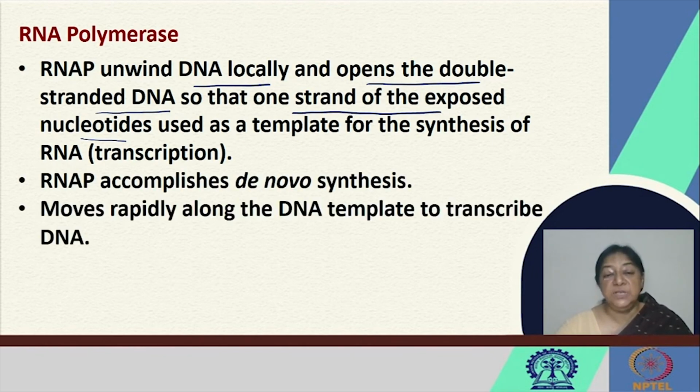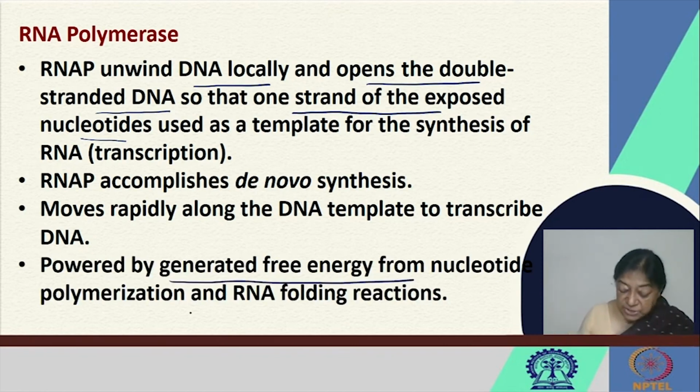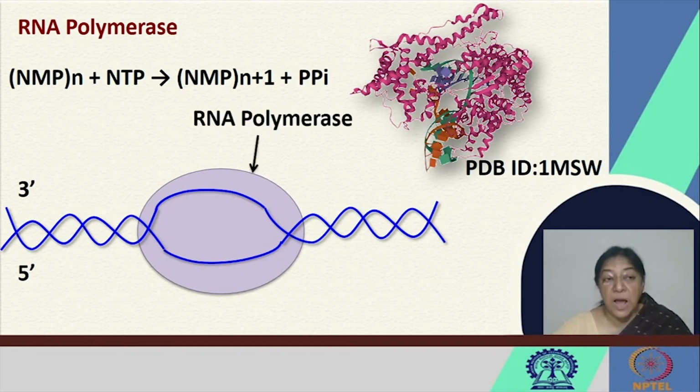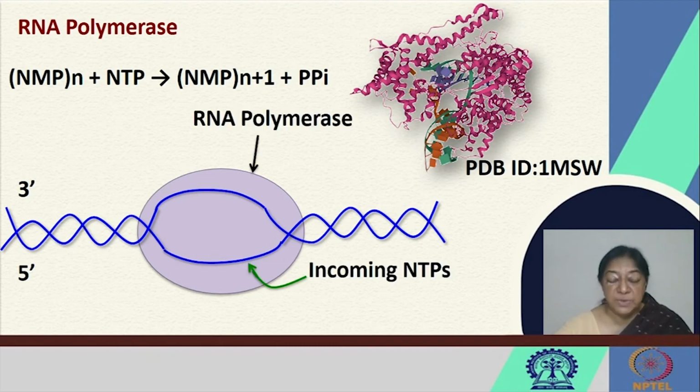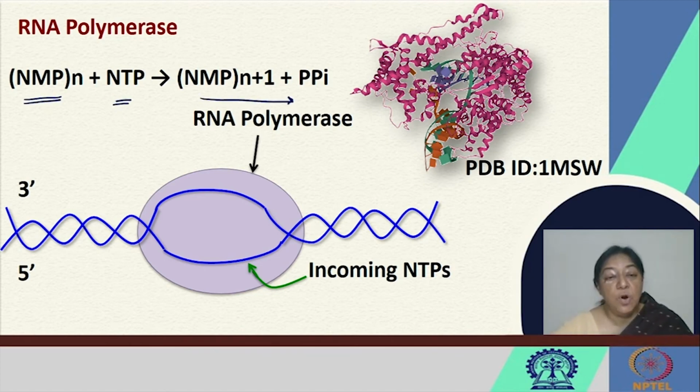It accomplishes the de novo synthesis. It moves rapidly across the DNA template to transcribe the DNA. And this is powered by the generated free energy from the nucleotide polymerization and RNA folding reactions. So we have our specific structure. This is our RNA polymerase, and this is where the incoming NTPs come into the picture. So we have our nucleotide monophosphate, the nucleotide triphosphate, and this is where we would have the formation of the